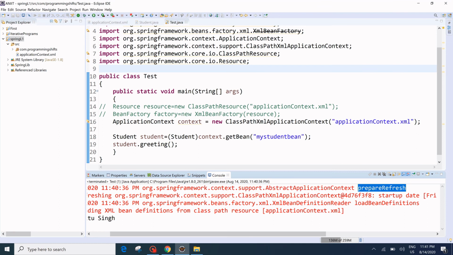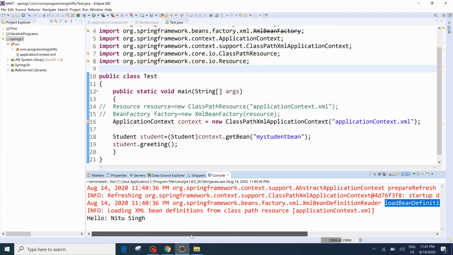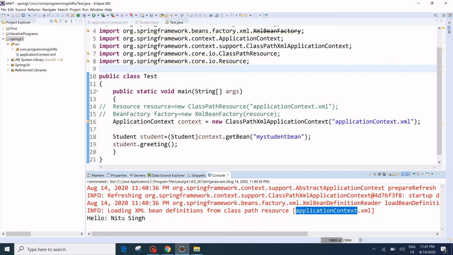Then the classpath application is running, setup is up to date. Then it called the XML bean definition reader, and the load bean definition is loading the information. Now loading XML bean definitions from the classpath application context is done. Now it is printing hello Neetu.